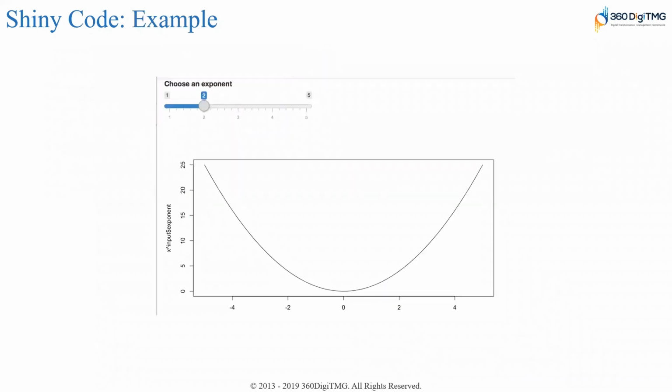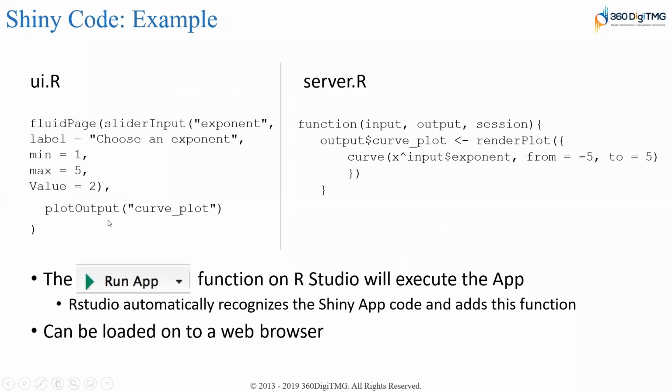Now let us look into the simple code. That's it, guys. Very, very simple logic for Shiny code. A lot of people believe that it is very difficult to develop code, but they are absolutely mistaken if they have that impression. Let me show you what we need to do to create this kind of an application. I'm saying choose an exponent, and based on that choice, I'm going to give you a line or a curve.